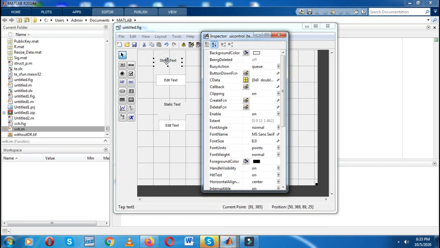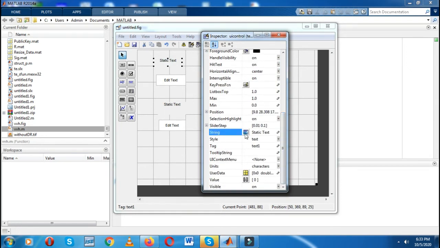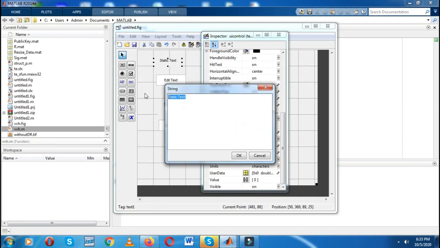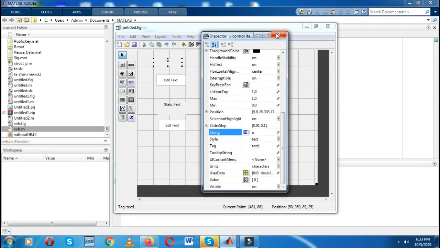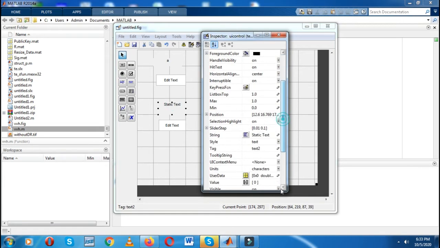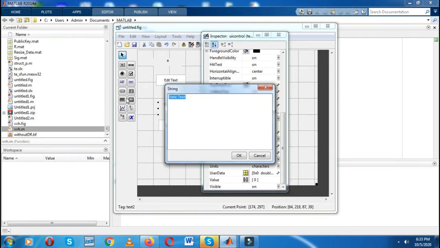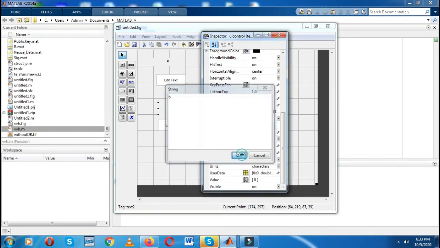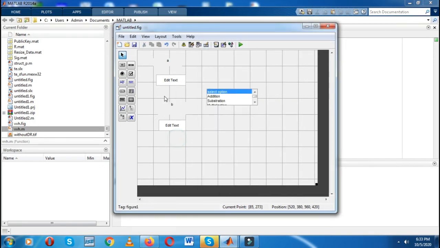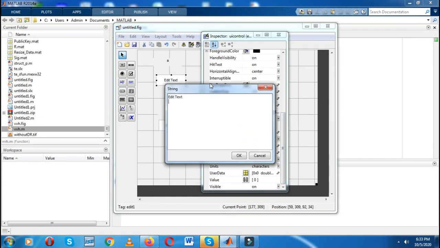In the static text I will write, for example, A. Here I will write the second value, that is B. Just click on OK and close it. In the edit text, for example, I keep it empty.